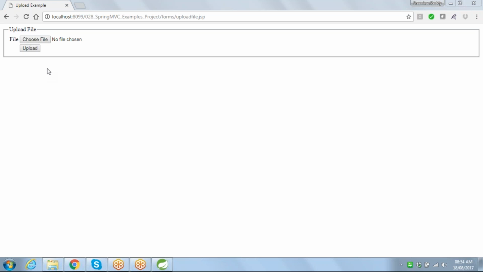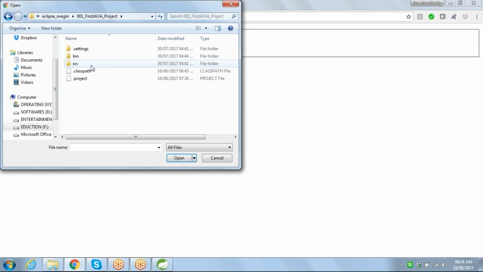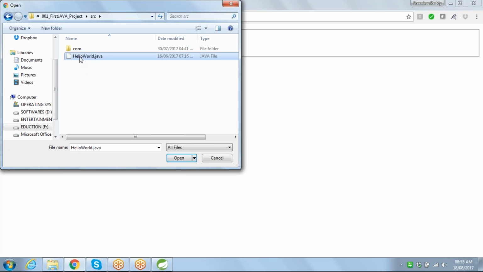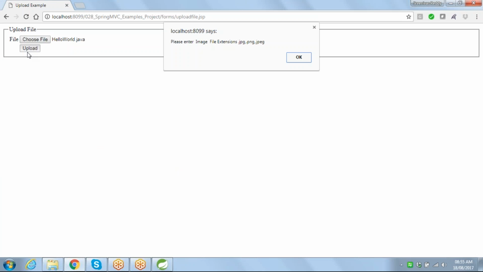Can you show me some custom validations? Sorry, client-side validations. So I think that is what I'm doing here. If you choose a file with the wrong extension which we are not interested to accept, suppose I want to read some Java file, I want to upload this. If you try to upload this, my